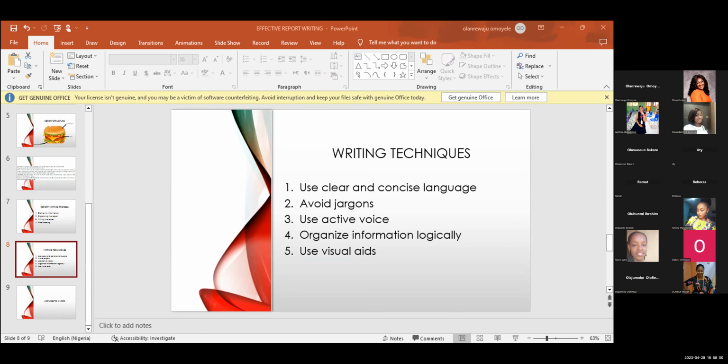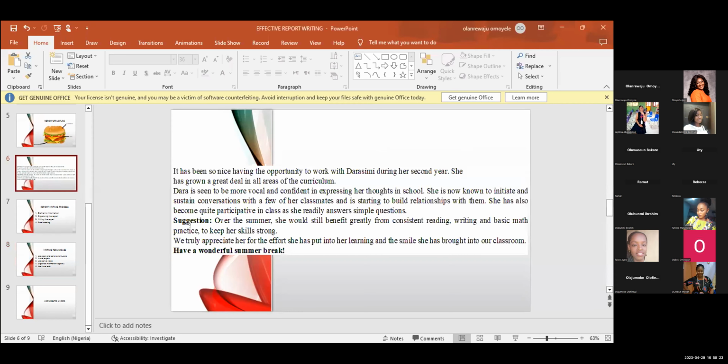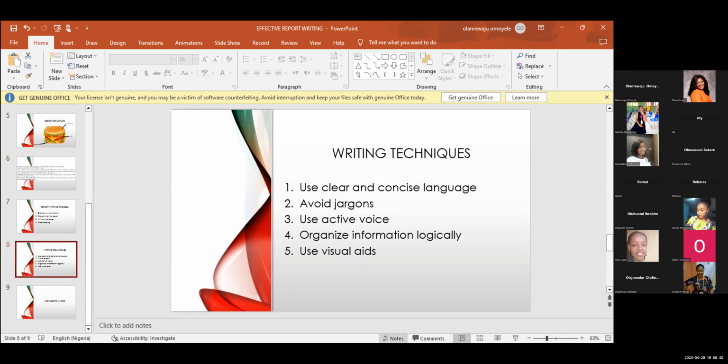You also organize your information logically. Like I said, using those headings and subheadings, you must ensure that if you are reading the report, you can say, oh yes, you are talking about what you've observed, or observation. This is suggestion, like the sample reports we looked at before. So a parent that reads this can say, this is what we are proposing that my child should do, or that you as a school will do to help my child in whatever you've observed. Do you understand? So you have to make sure to edit and organize your reports.